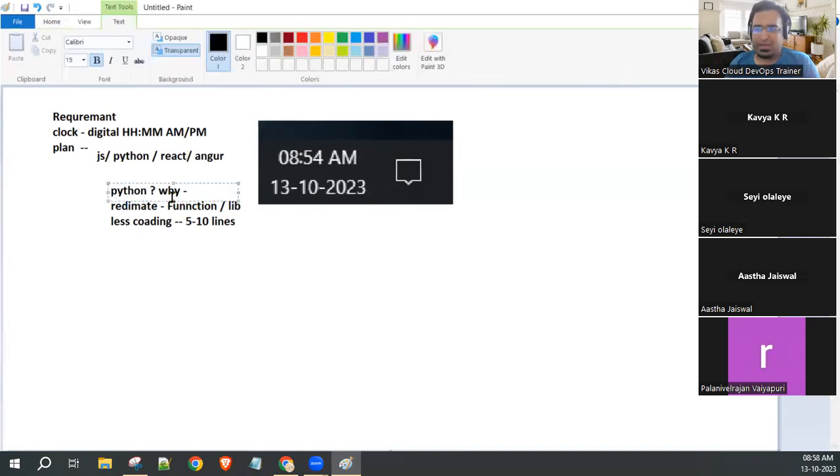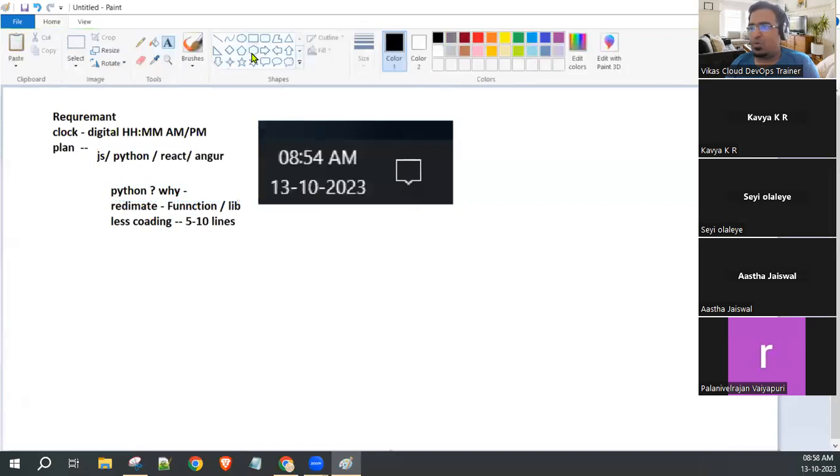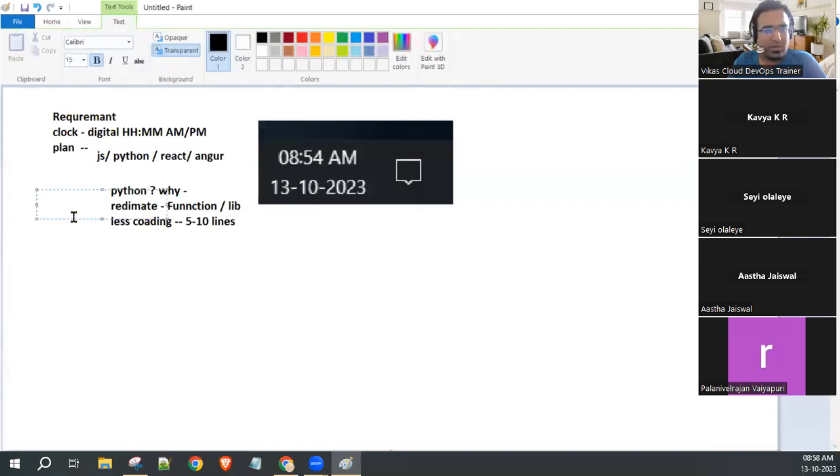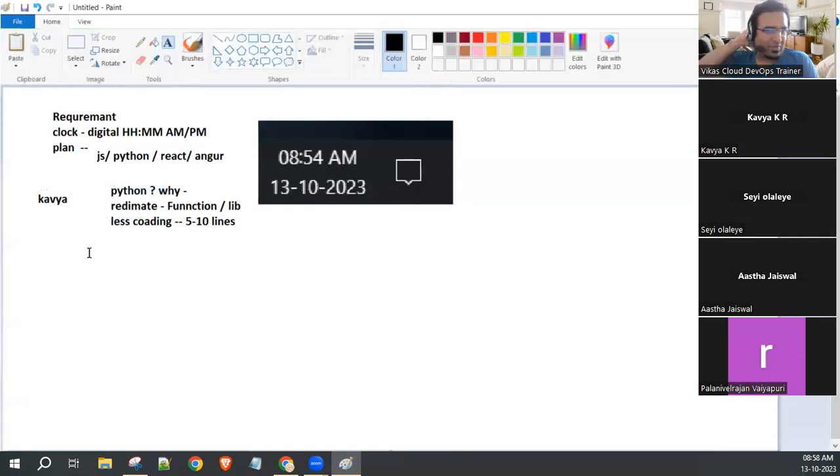I am finalizing Python, because Python has given the justified answer. Now, which girl has given this answer? Python? Who is the girl? Kavya. Okay. Kavya is a manager. She got a requirement from the client. Now, Kavya, I am giving some developers to you. Developer 1, developer 2, developer 3.